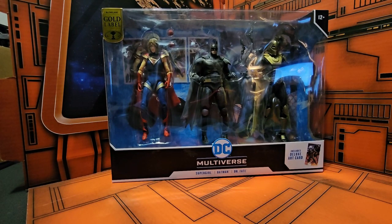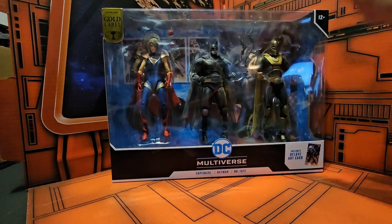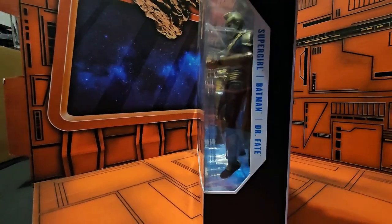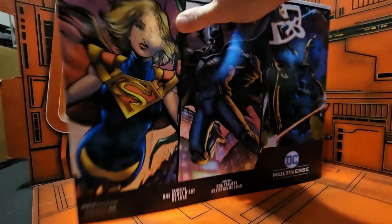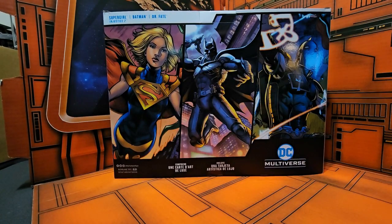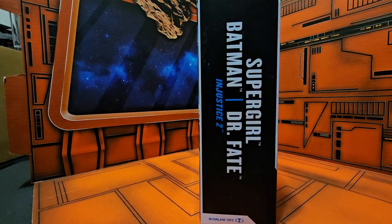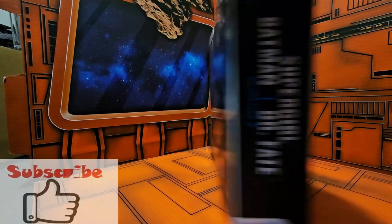Fate. And as you can see here, we have all three figures. We have a deluxe art card for each. On the side here, we have Supergirl, Batman, Dr. Fate. On the back, we have artwork for all three figures. For this side, we have Supergirl, Batman, Dr. Fate, Injustice 2. So let me pull out my scale,